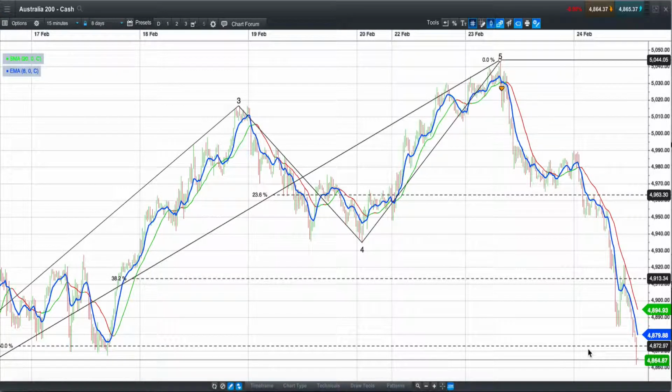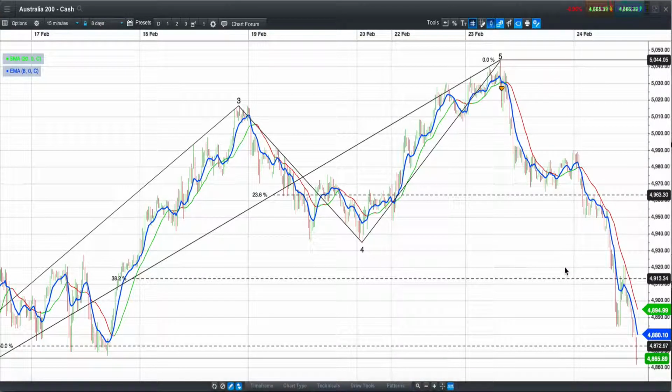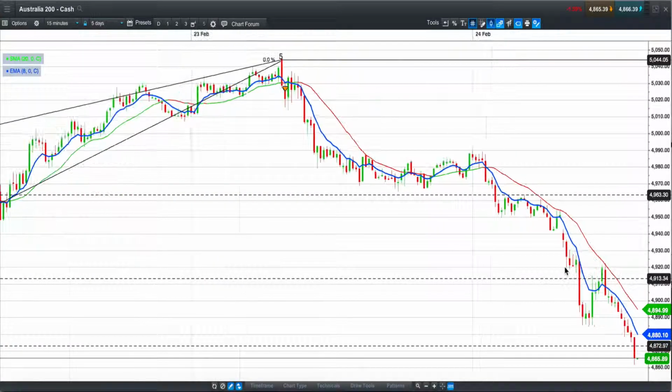The daily trend is down, the weekly trend is down, and we've just had this 5-wave sequence up, which would normally indicate that the market's going to come back down, have a retracement, and then move higher. But this market is so weak that it might just collapse from here. We'll have to keep an eye on it. If it's going to stop, it's going to try and pull up around here somewhere and do a wave 1, 2, 3. It's going to try and do a 4th wave corrective pattern here somewhere,